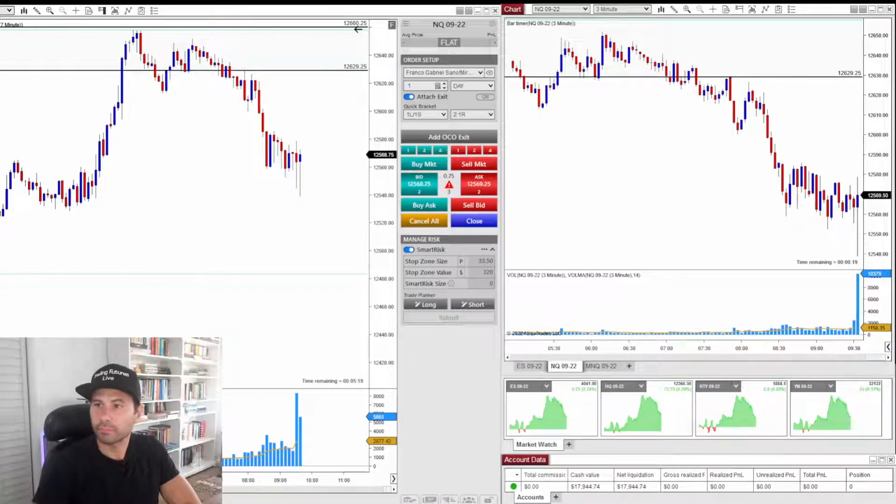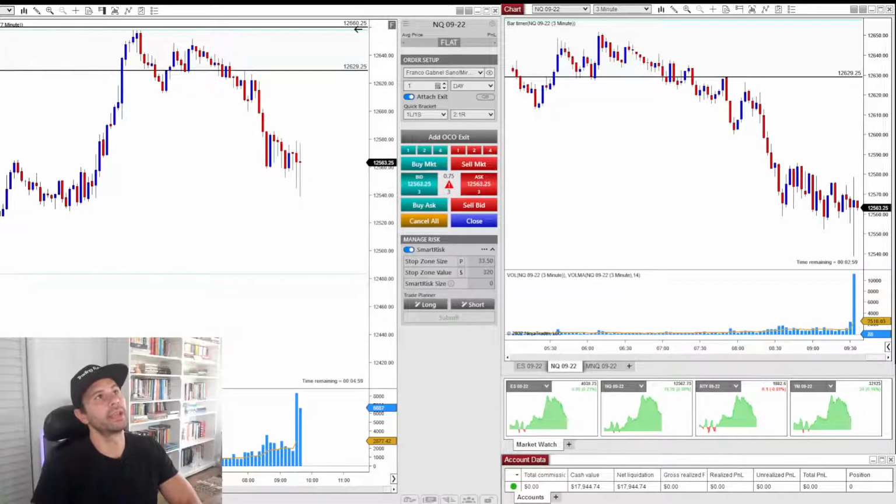I'm neutral bias short, meaning that the market could, in my perspective, stay in a range, or if I have the opportunity, I would rather short than going long, right?